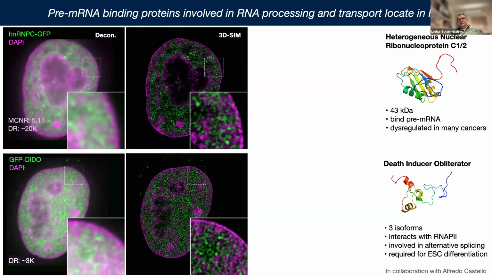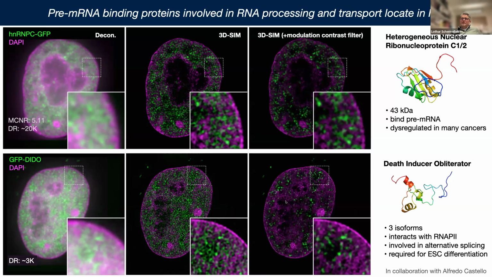And we basically worked on some filtering methods that exclude signals that do not have sufficient underlying modulation. In this way, we can really filter out the real signals from noise. So we call this modulation contrast filtering. And there we can now really see that, for instance, hnRNPC here resides in the very center of